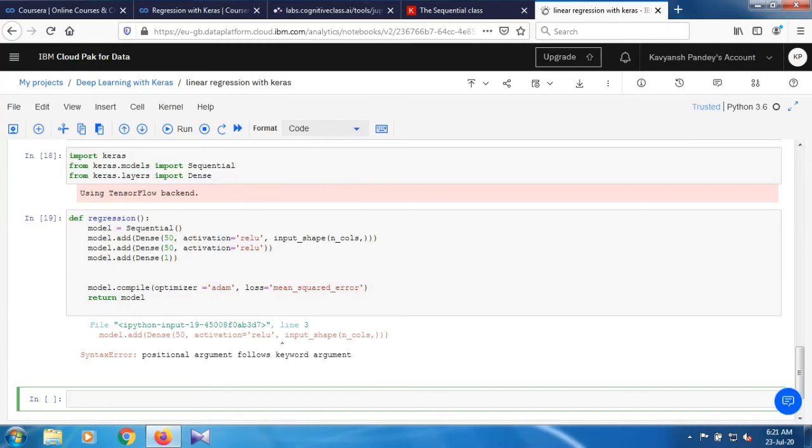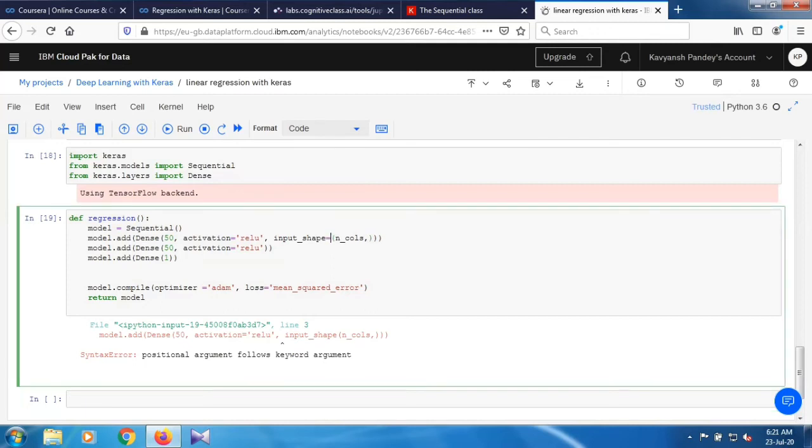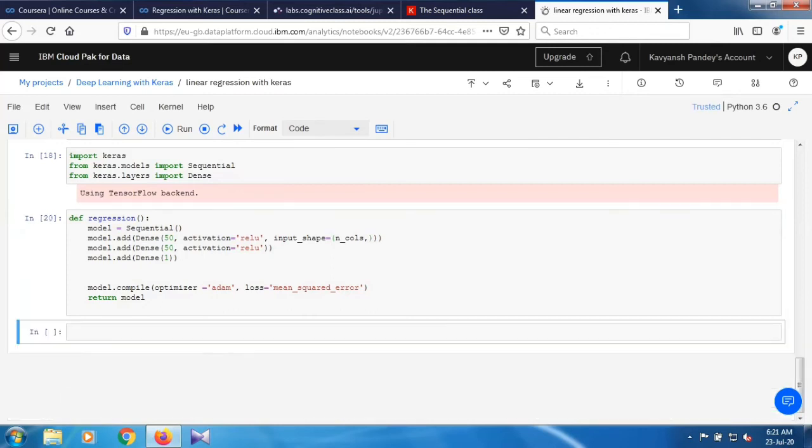Just provide the equal sign after input_shape. So I hope it will run successfully. As you can see guys, it is running successfully. And what we have to do in the next step, our model is done, and in the next step we are going to just